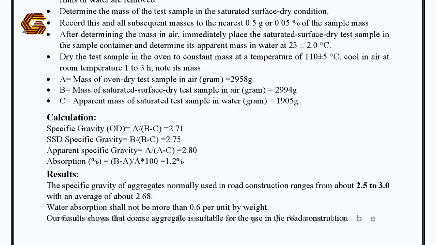Okay, now I am giving you some extra information on how these things are helpful. If the specific gravity of the coarse aggregate is greater than 3, then whenever we design a mix of concrete for road or for any slabs, there will be segregation. If it is less than 2.5, it means our coarse aggregate is lightweight aggregate that is not suitable for any heavy construction.